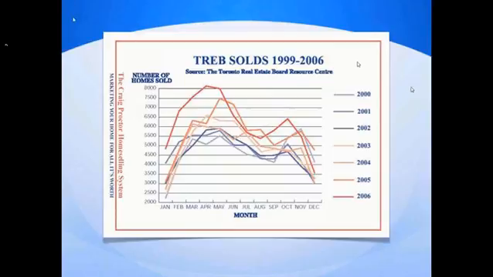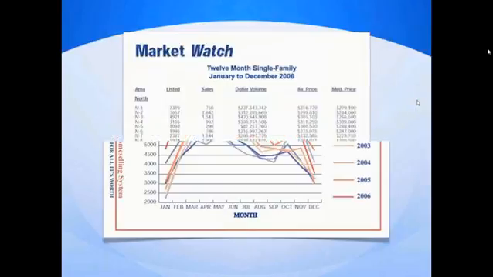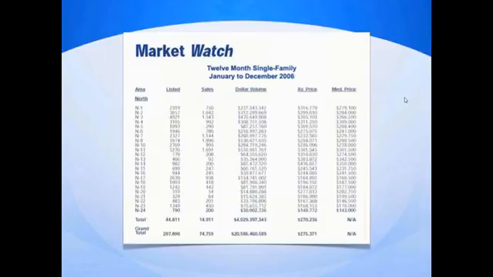This is also valuable information for sellers. I'm in District N7. That's Newmarket. Sellers were quite often shocked by the fact that there were 2,327 homes listed, but only 1,144 of them ever sold. That's for the entire year in District N7. So less than half the homes that were listed sold, and sellers don't understand that. Many of them think that eventually all homes sell, and it's not true. So again, we have this important conversation: you have to be aggressive with the price if you want to be in the 50% that actually sell.